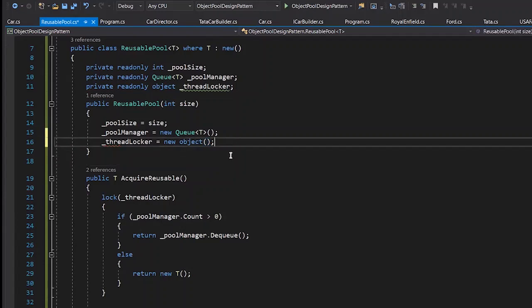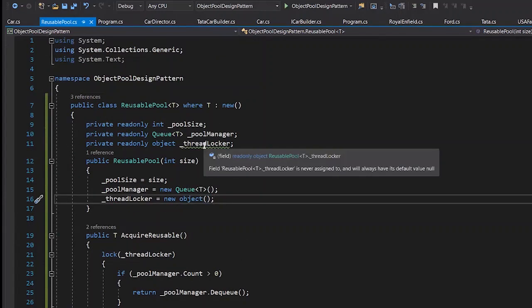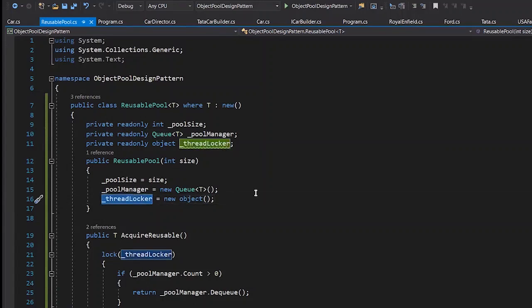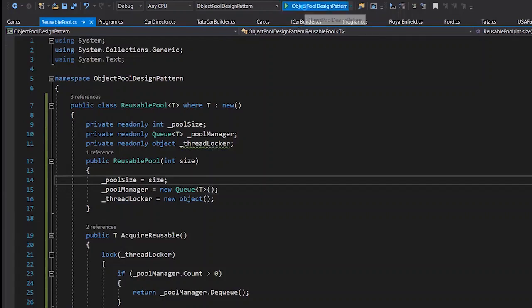Yeah, this should fix this. It says it is never assigned to, but I'm instantiating this. I'm not sure why it is still showing the error. I will just run it again to ensure. Yeah, this error is gone. Our application is running successfully.